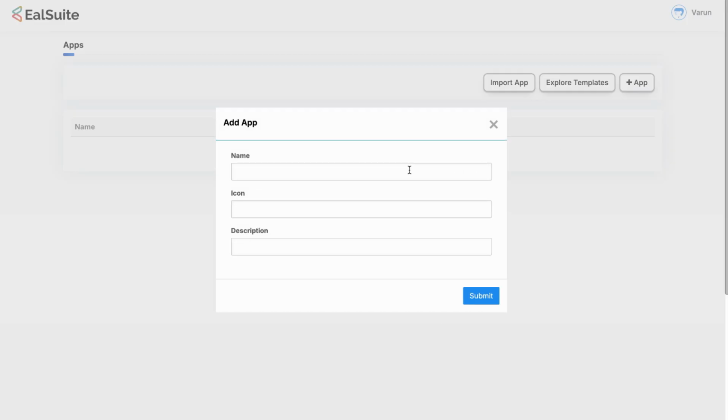So I'll be clicking on create app. So we have different options here. You can see you can import apps into the space. You can explore the different types of templates that we have. We're not going to explore that in this video. We'll be taking a closer look into unit management. So while creating an app, you can provide a name, you can provide an icon. We're not going to do anything with the icon right now, and if you want to, you can provide a description as well. So I'm going to provide a description such that